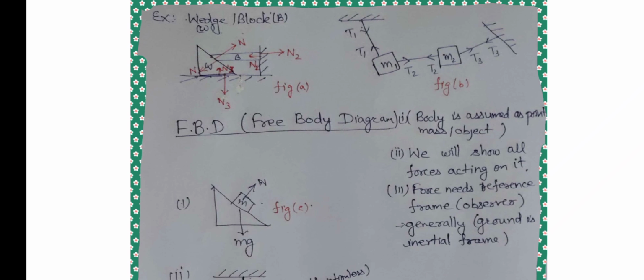Now we will see M2. Away from the point, the tension will be T2 and T3 on both sides. Now for the fixed point or reference, there is T3, and T3 will be away from the fixed point. So tension is always away from the point, and for one string it will be the same, and for a different string it will be different.